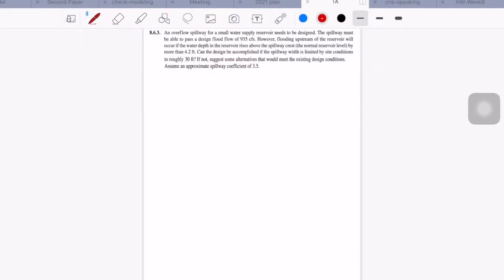For the third problem, an overflow spillway for a small water supply reservoir needs to be designed. The spillway must be able to pass a design flood flow of 935 cubic feet per second. However, flooding upstream of the reservoir will occur if the water depths in the reservoir rise above the spillway crest by more than 4.2 feet. Can the design be accomplished if the spillway width is limited by site conditions to roughly 30 feet? If not, suggest some alternatives that would meet the existing design conditions, and assume an approximate spillway coefficient of 3.5. So first, we apply